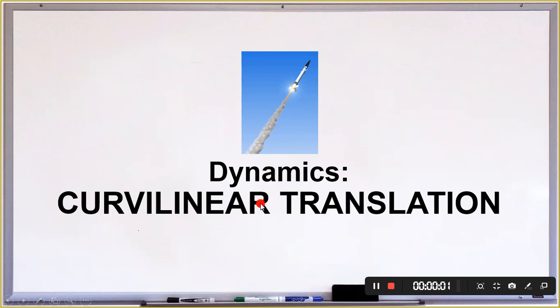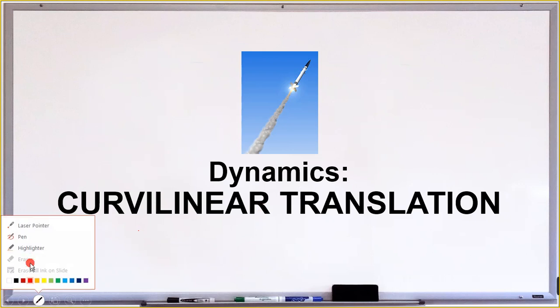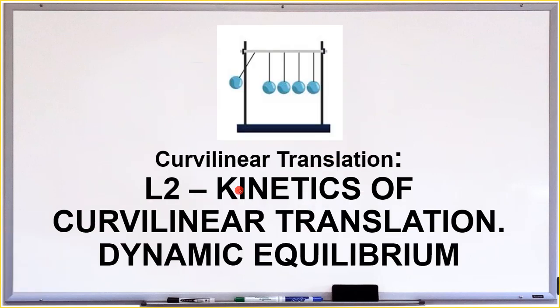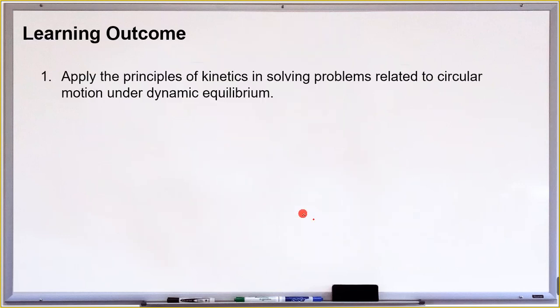So we're still on module 3 about curvilinear motion, or I mean curvilinear translation. So proceed to lesson 2, that is about the kinetics of curvilinear translation, wherein we assume that our system is in dynamic equilibrium. So by the end of this lesson, you will be able to apply the principles of